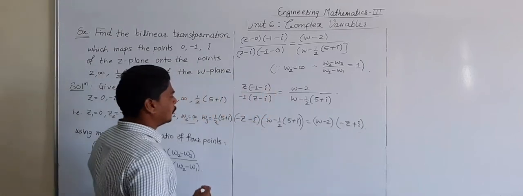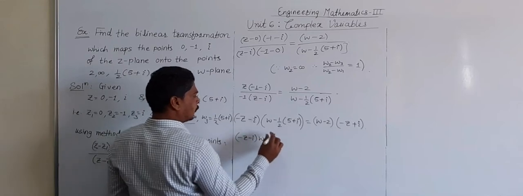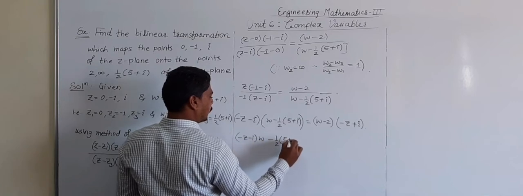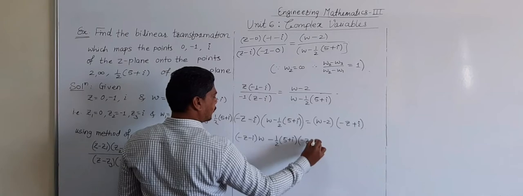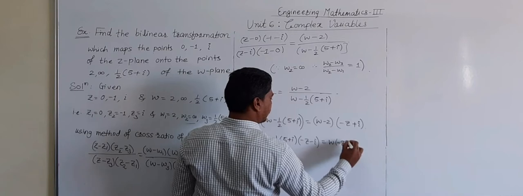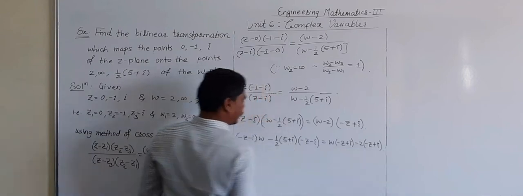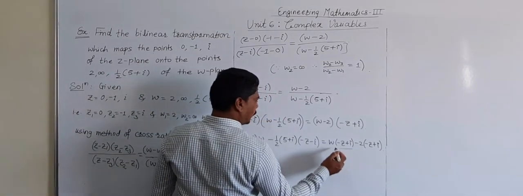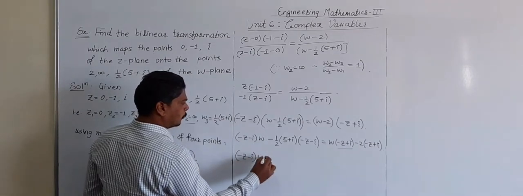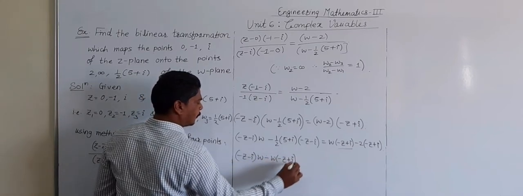Okay, so multiplying this (minus z minus i) to w, and then minus 1/2 into bracket (5 plus i) into (minus z minus i). Okay, so this is equal to w into (minus z plus i) minus 2 into bracket (minus z plus i). Okay, shift this term of w toward the left side, so we get (minus z minus i) into w minus w into bracket (minus z plus i) is equal to,